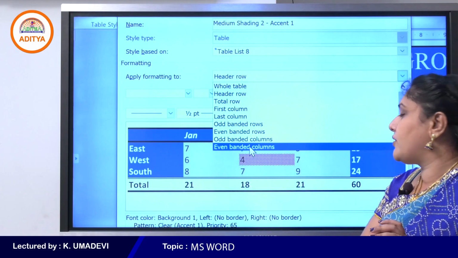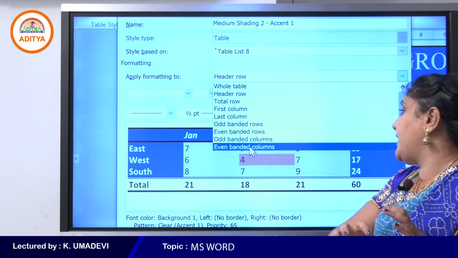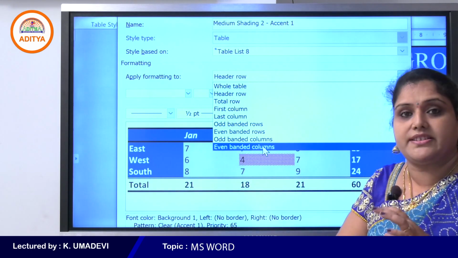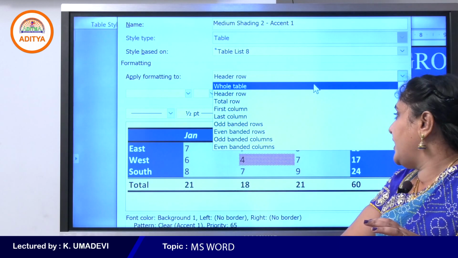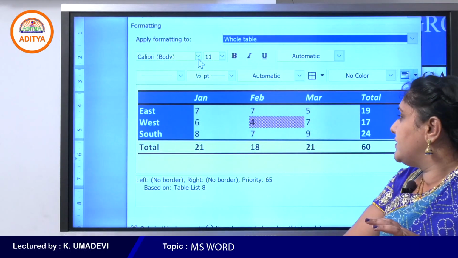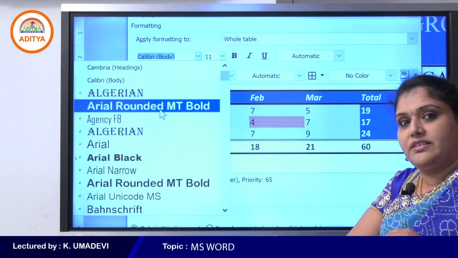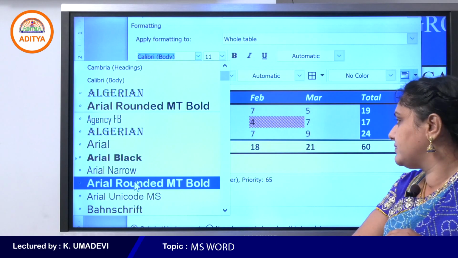Odd banded rows means 1, 3, 5, etc. Even banded rows means 2, 4, 6, etc. Now if you want to apply for the whole table, select any one of the fonts or typefaces here.